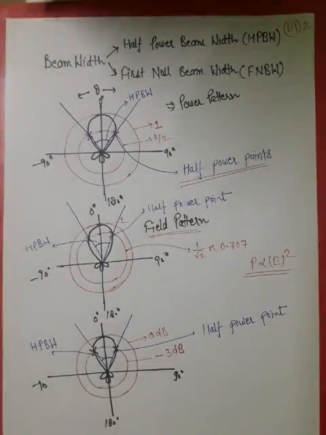In last class, we were discussing beam width, and I left off at half power beam width. In today's class, we will look more at half power beam width, and we will also look at first null beam width. Along with these two things, I will also discuss field region and then power radiated by the antenna. So these topics will be covered in today's class.